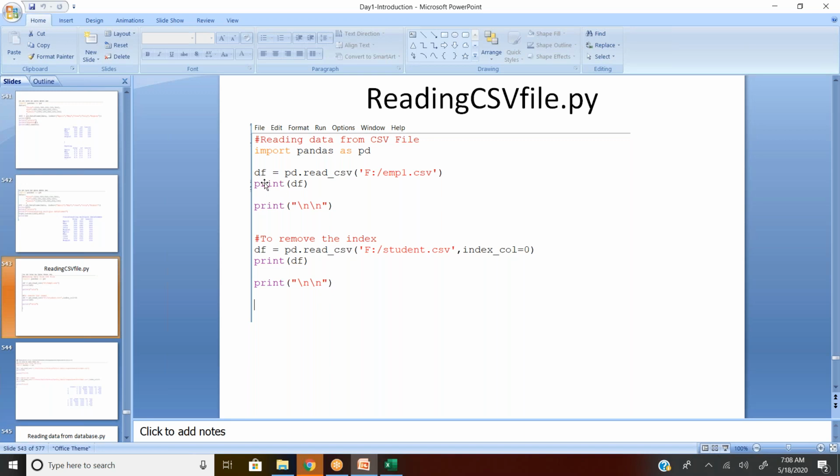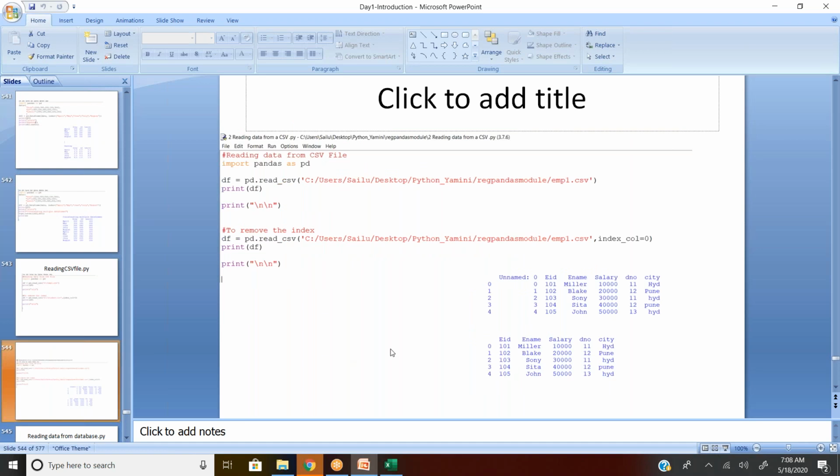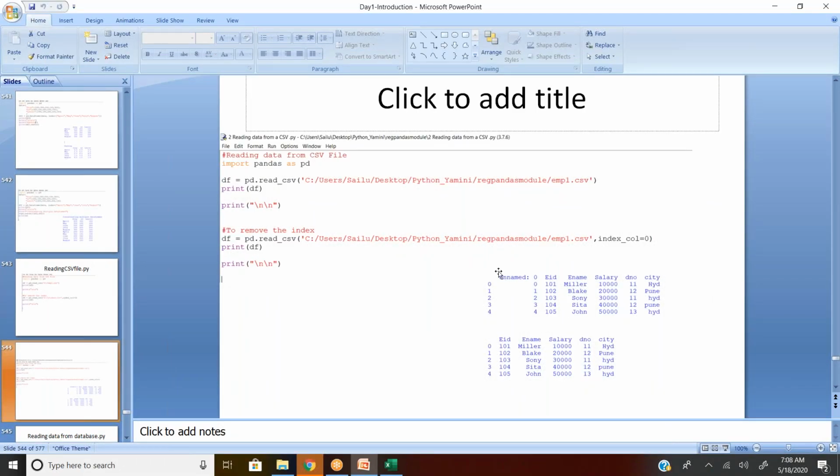So when you print df, you can see data like this. The data you have in the first column is also available up to city, and along with that there is an index 0 to 4.